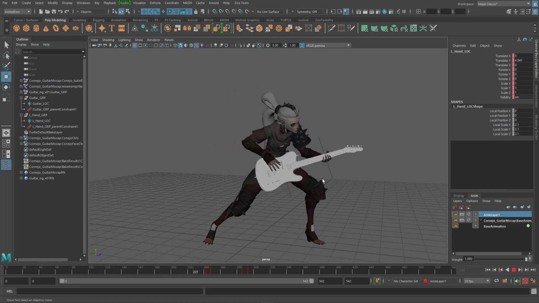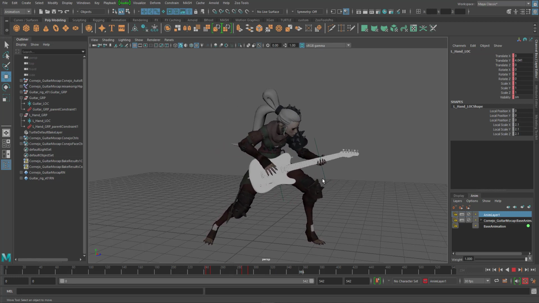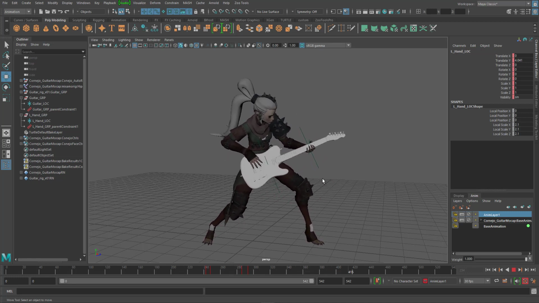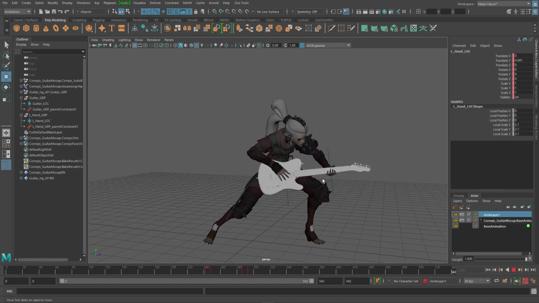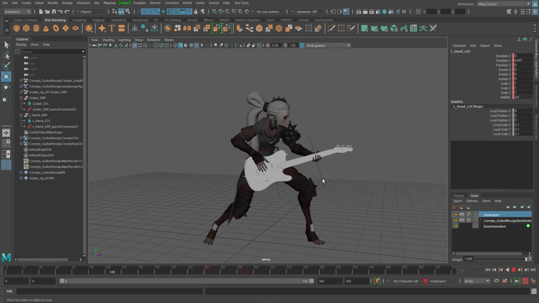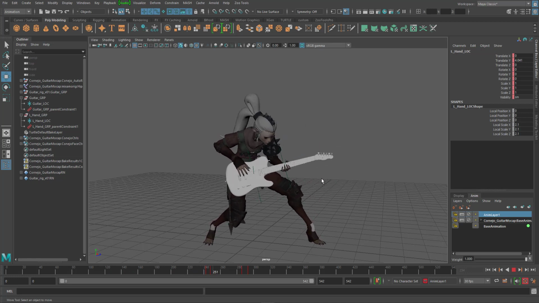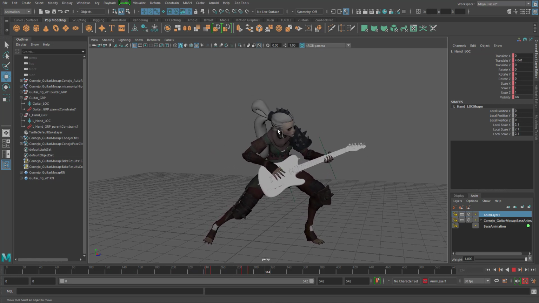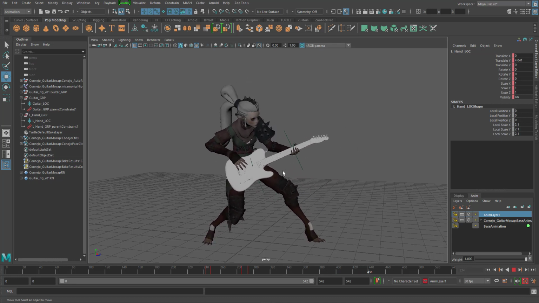So hopefully you guys found this tutorial very useful. I know it's fairly long, but it's an in-depth explanation of, I would almost say, everything you need to know about parent constraint. I've used this, like I said, in games like The Last of Us 2 and very big titles, and this actually will work in a game engine. All you have to do now is bake it to the joints,